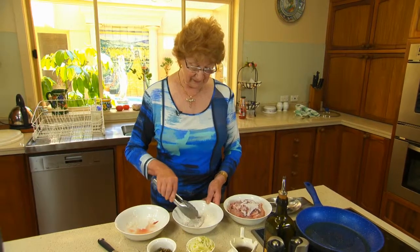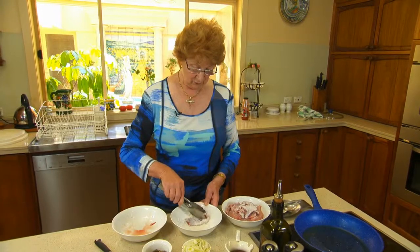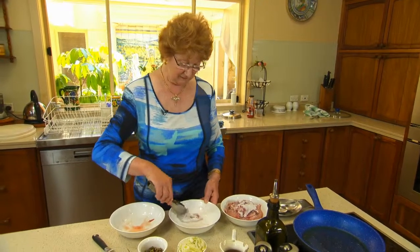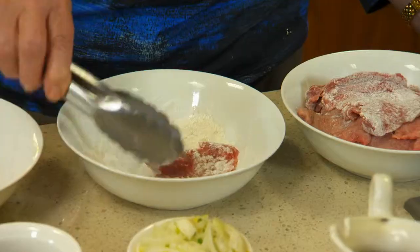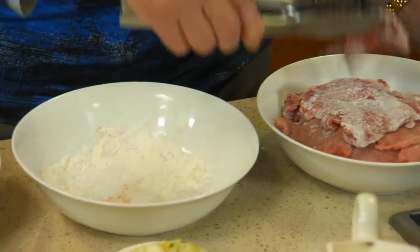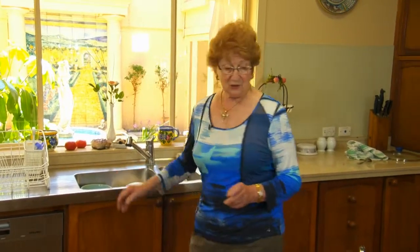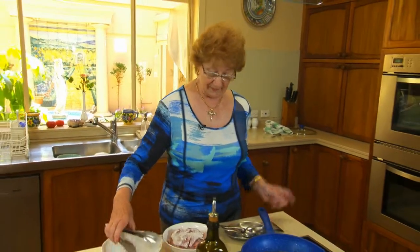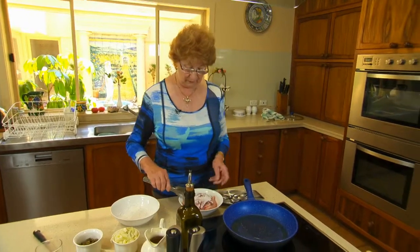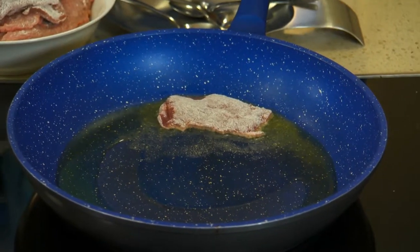This is Scalloppine vino bianco. It was taught to me by an auntie and it became one of Dean's favourite meals. My auntie actually was a very good cook, and when she came out to Australia, she taught me how to make this. It's a very simple dish, can be quite a quick dish, and place the meat,